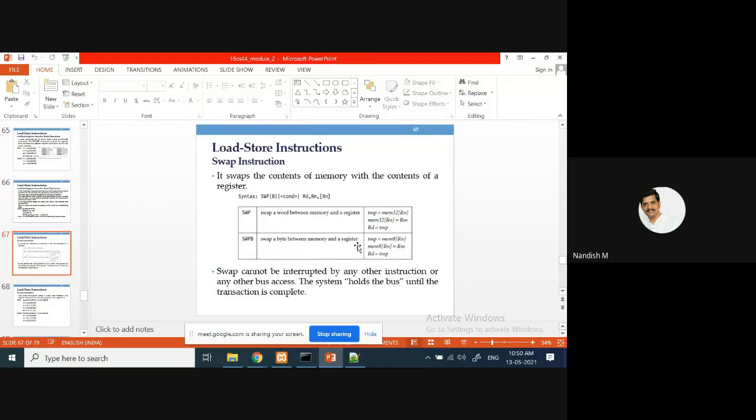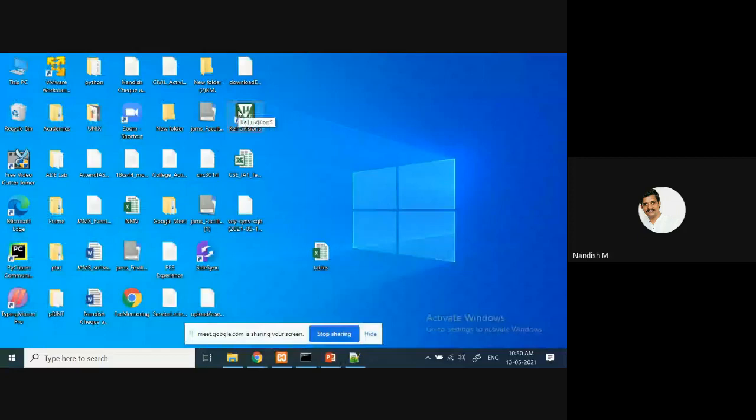In order to update the PC, the program counter gets updated when we see the branch instruction B followed by a label, or BL. If you use BL followed by the label, it is going to update the link register.